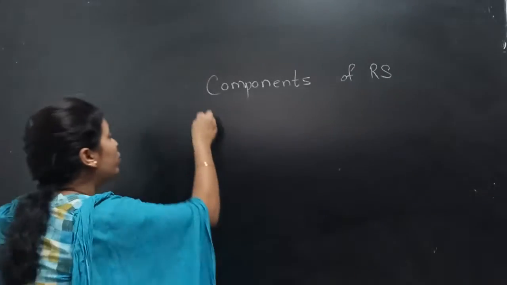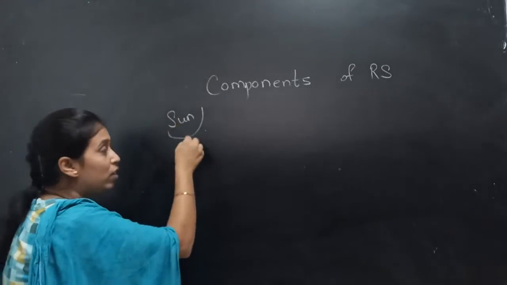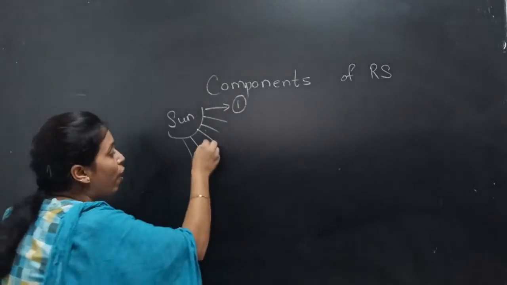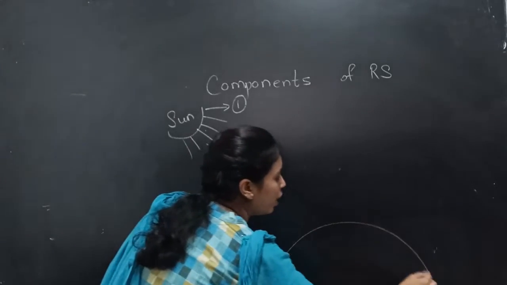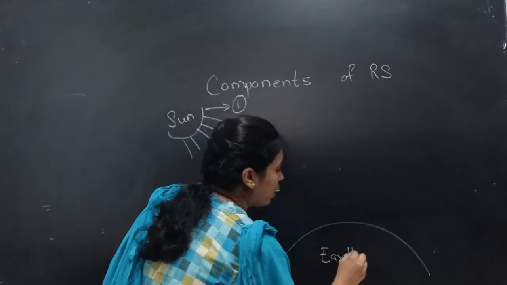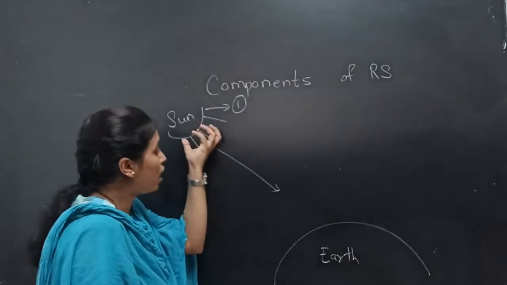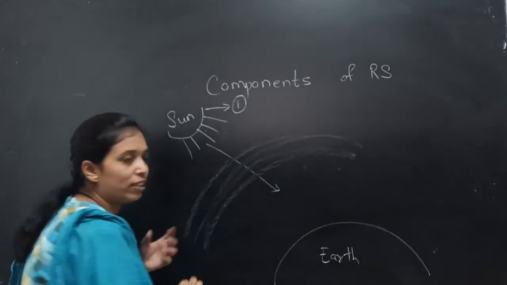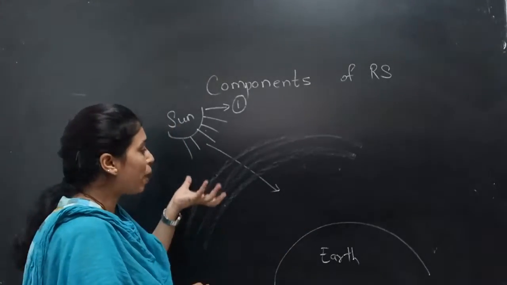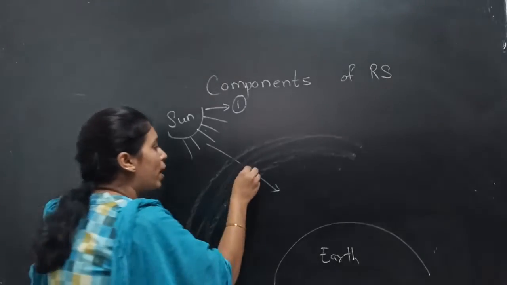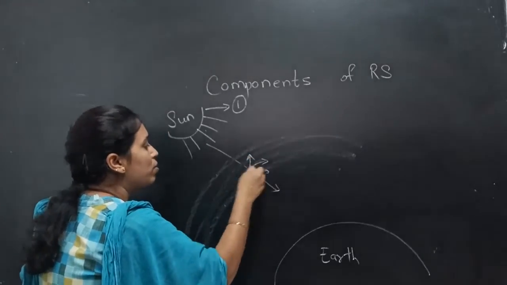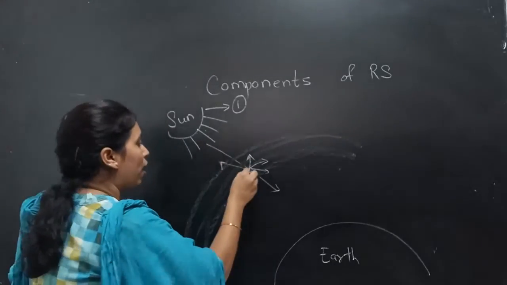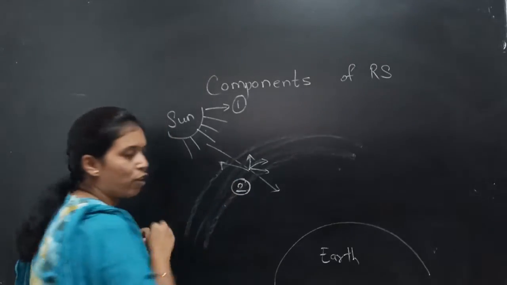So if we have to put these components in the form of a diagram, we can use such as, if this is the sun, it is a source of energy, it can be named as first component. When the radiation goes from the sun to the earth, passing through the atmospheric layer of the earth, some radiations are scattered, some go back, that is reflected. So likewise different types of interactions appear.